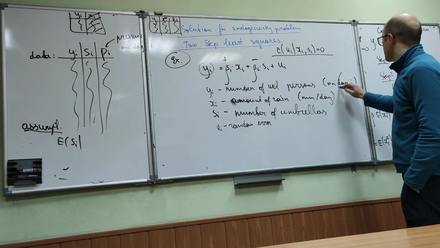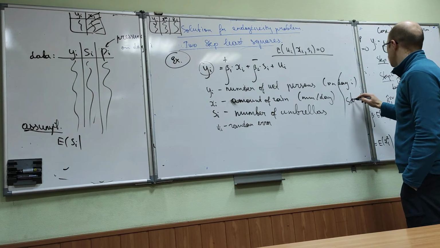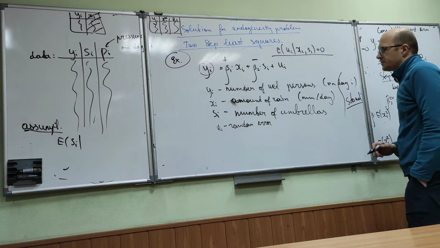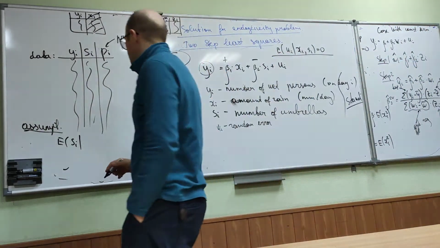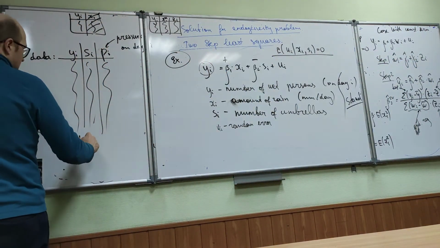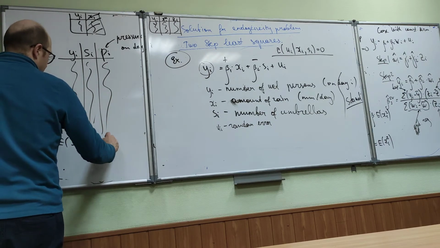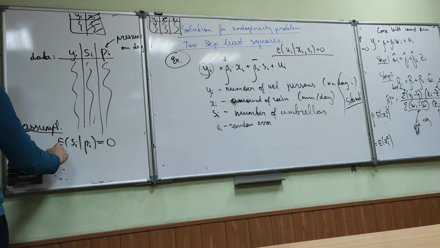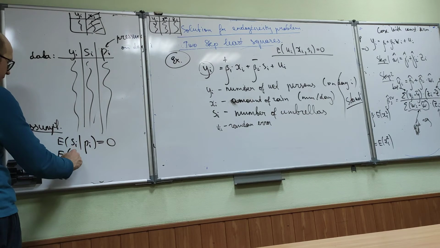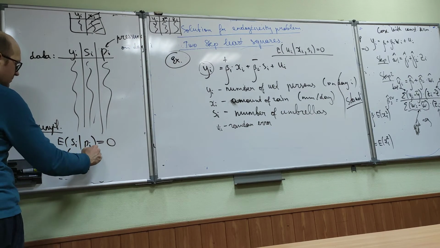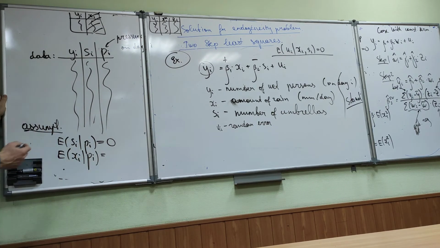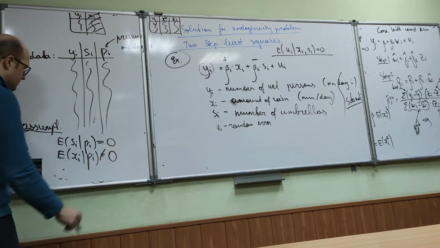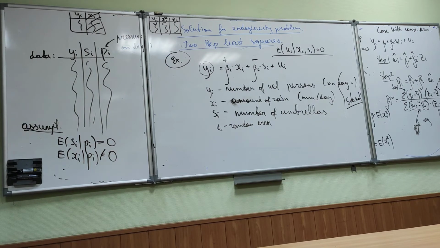So everything is standardized. The expected value of S given pressure is 0. The expected value of X given pressure, but pressure is somehow related to the amount of rain, so it's not 0. So imagine that this happens,